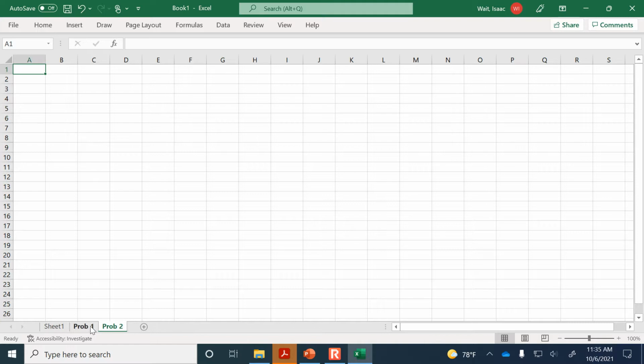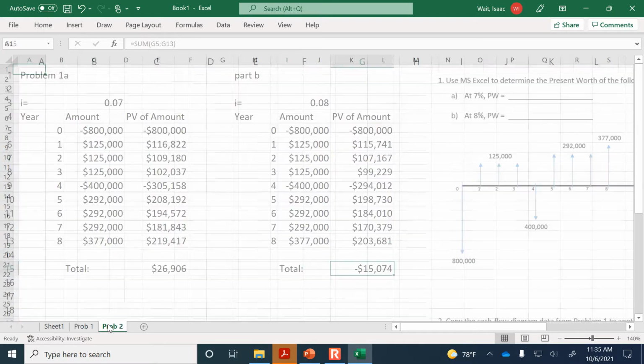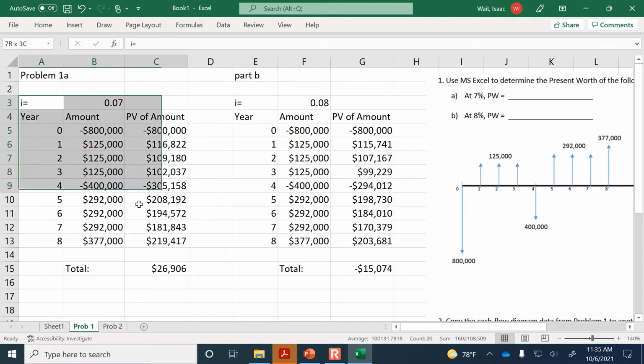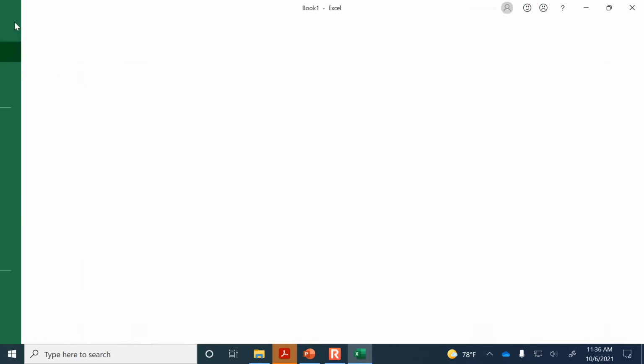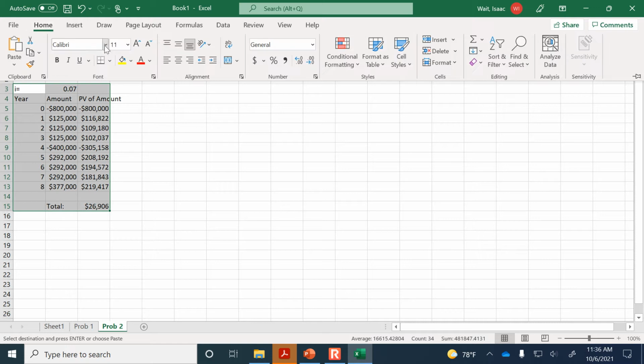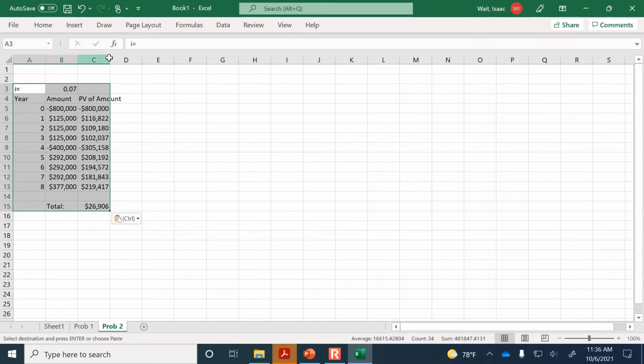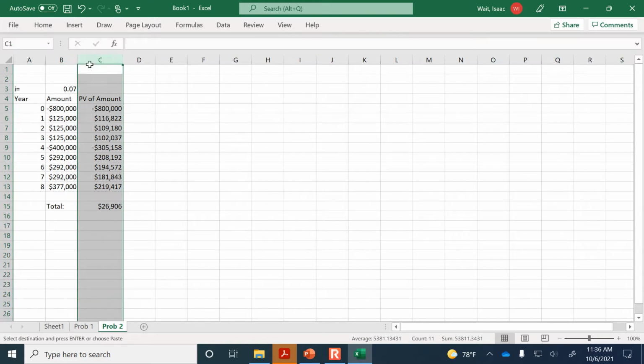So down at the bottom, I've renamed the tab, and just copy all of this, Control C, and paste it over here. I guess Control V is maybe a little old-fashioned. You can use these buttons across the top as well. There's paste, if that's the way you prefer it. Okay, so this is